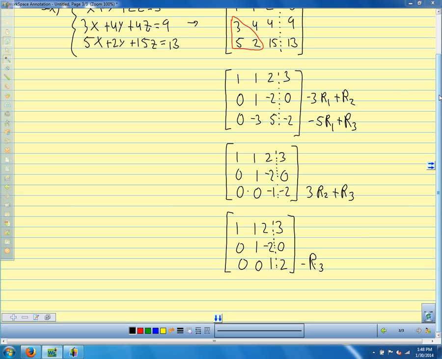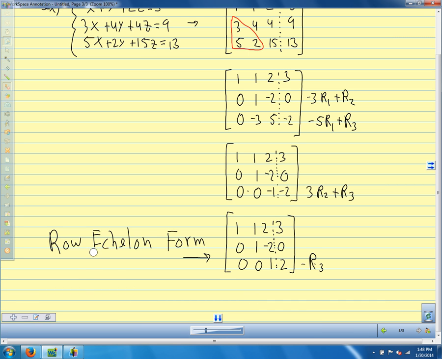We call this matrix, where we have ones on the diagonal in the coefficient matrix and zeros below, row echelon form. So this matrix would be in row echelon form, where you have ones on the diagonal here and zeros below the diagonal. We don't have to do that to come up with our solution, but I just wanted to tell you what row echelon